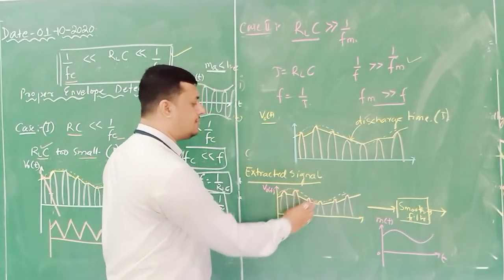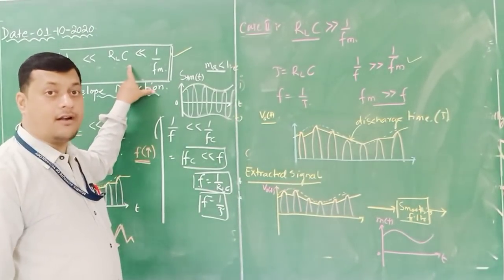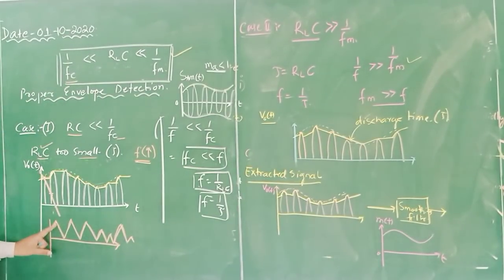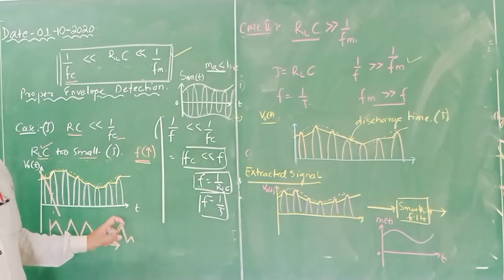Which is the envelope? This is the envelope. It touches peak to peak, if this condition is satisfied. If it is not satisfied, two cases will arise. In one, maximum dip will be there, which means short signals will be generated, through which we cannot reconstruct our original